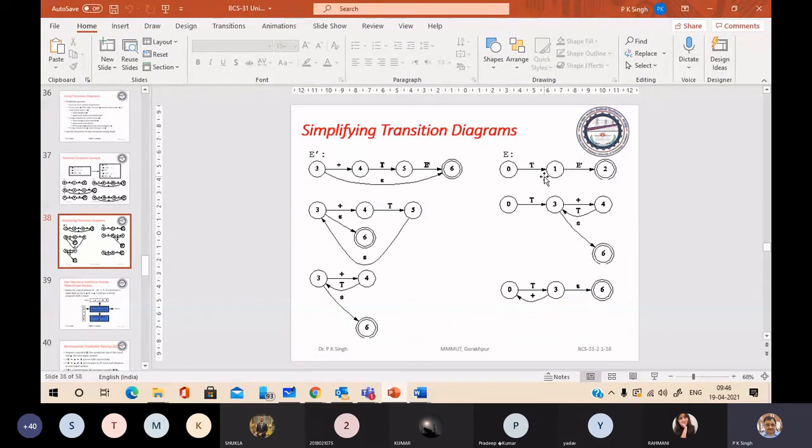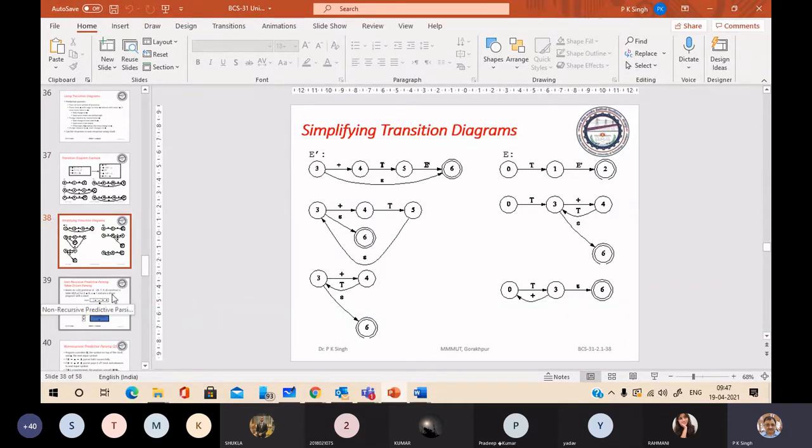But again, due to the recursive calls of the various procedures for various non-terminals, it is very time consuming.